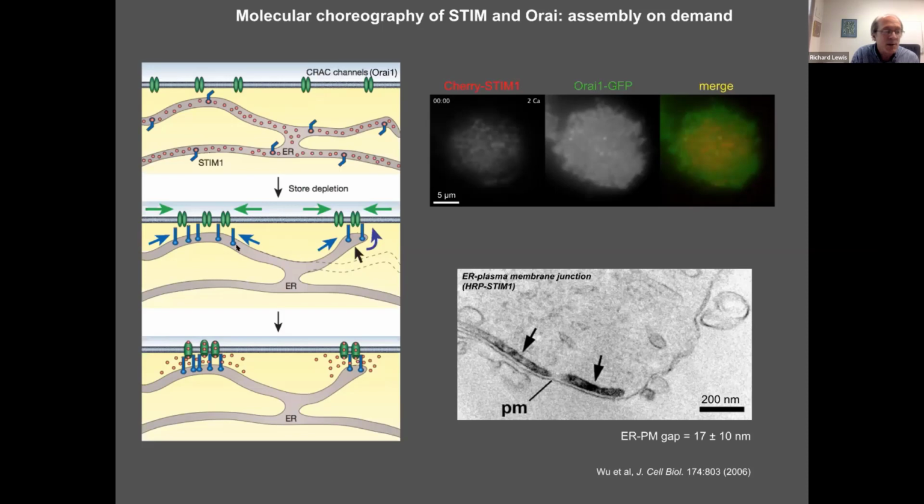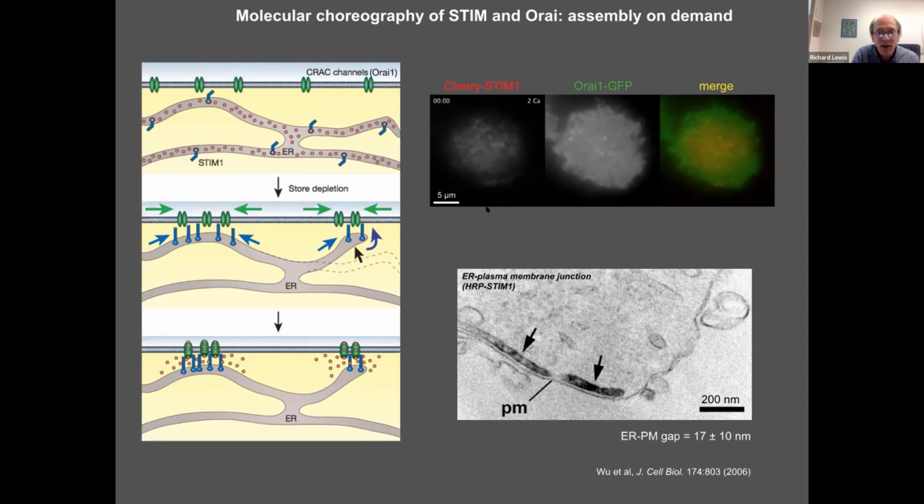ER depletion evokes a conformational change in STIM1 that exposes a polybasic domain that allows it to interact with PIP2 in the plasma membrane. This concentrates STIM1 at these ER-plasma membrane contacts, while the CAD domain is now revealed and allowed to interact with ORAI, which traps the channel at these same locations and opens it to allow calcium entry.